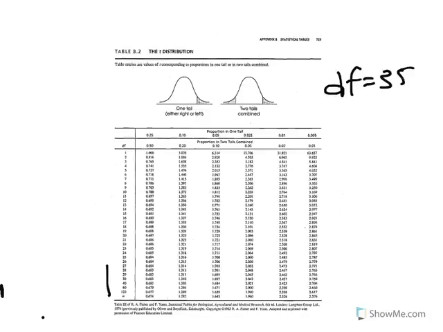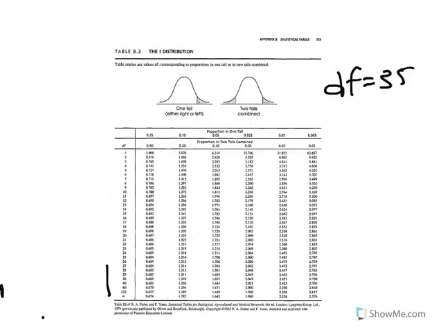The relationship between degrees of freedom and a critical t is that as degrees of freedom increase, the t decreases. And you want to be as conservative as possible, so you want to go with the lower degrees of freedom